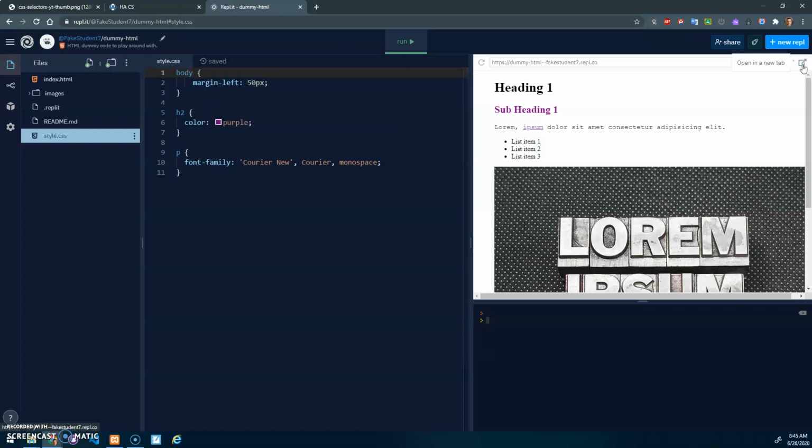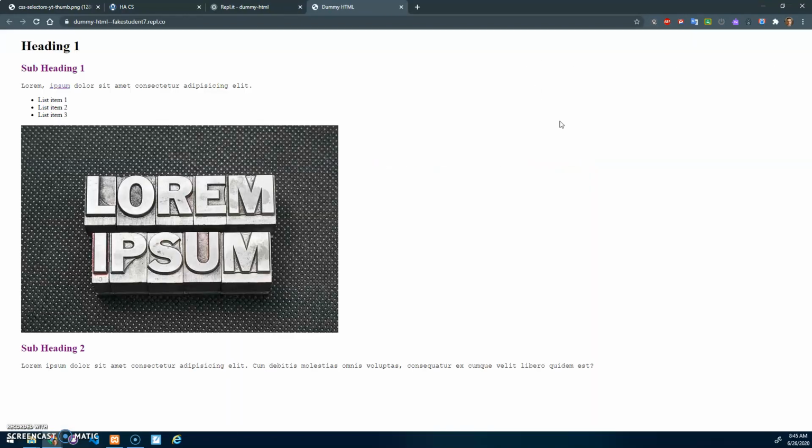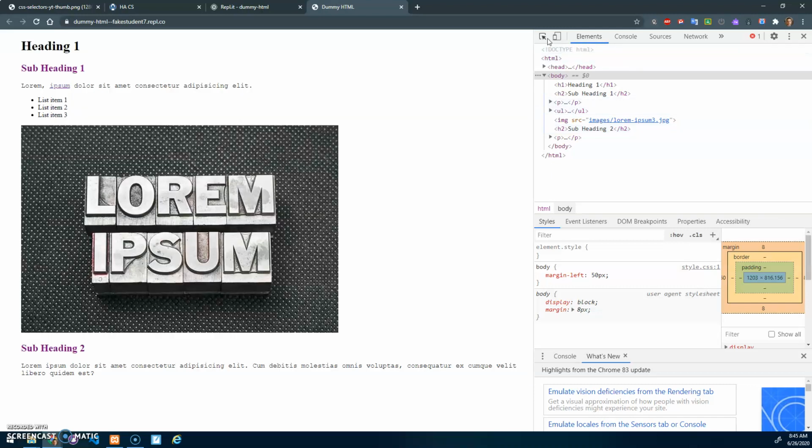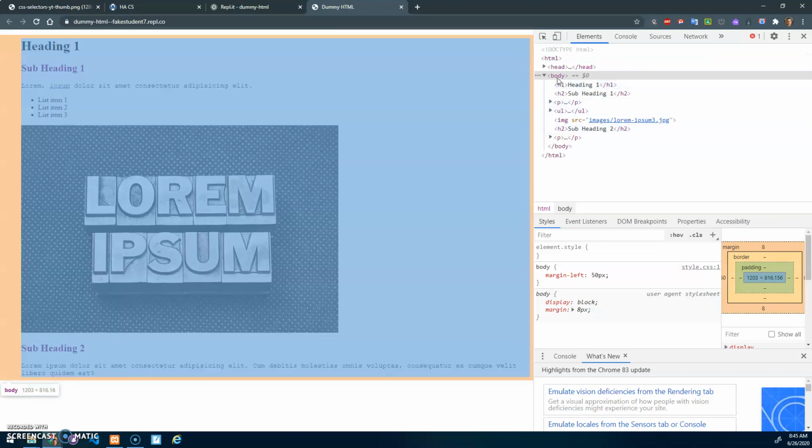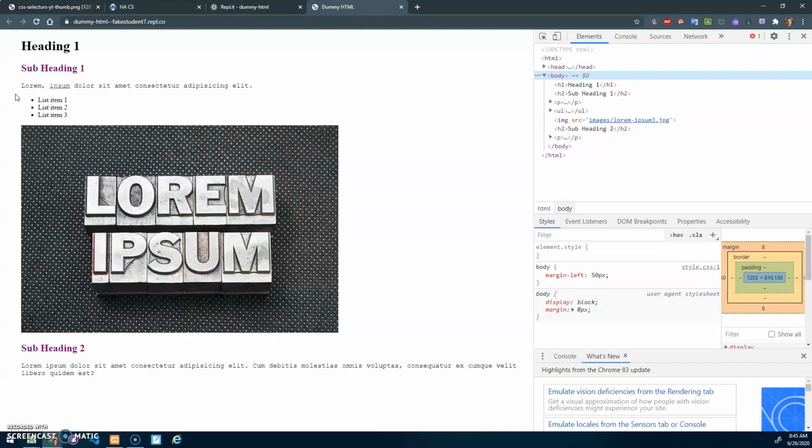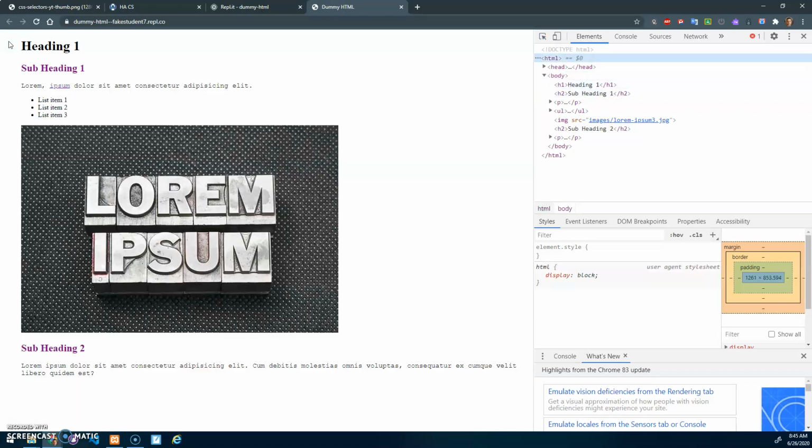And actually, let's pop this open for a second. I'm going to hit F12 or right click and hit inspect. And in here, right, we can hover over stuff. This is my body element, right? That's highlighted. And you can see that it had the margin there. Well, I wish I could keep it highlighted. Maybe I can do this. No. Anyway, the body element,